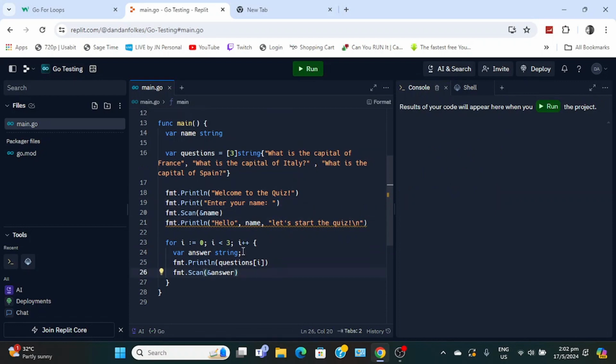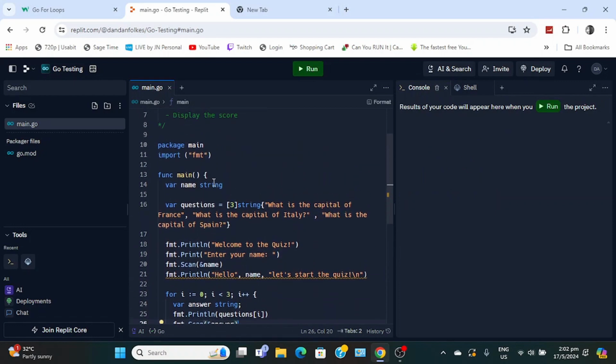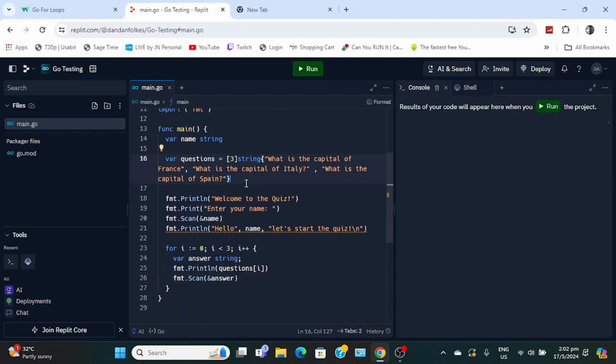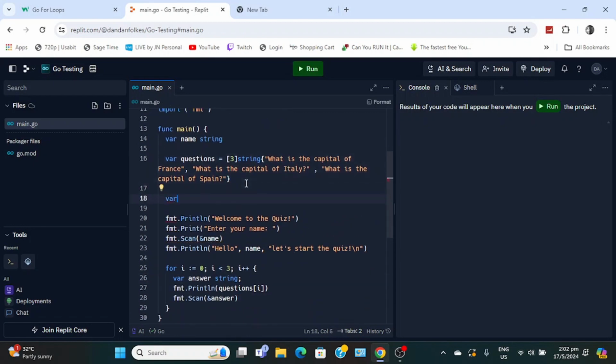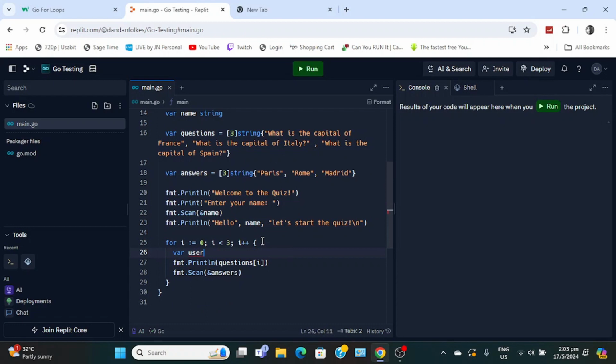And then oh, we need to store the answers as well. So let's say answers equals a 3 string array, and then user answer.